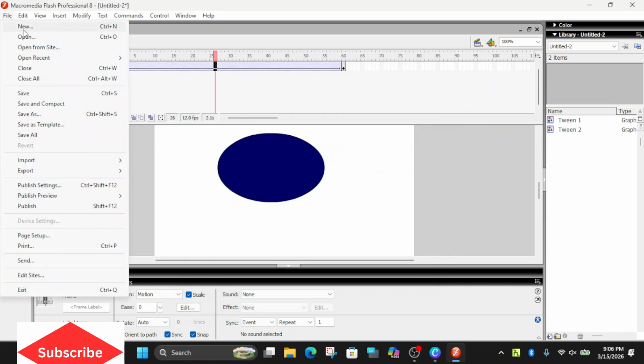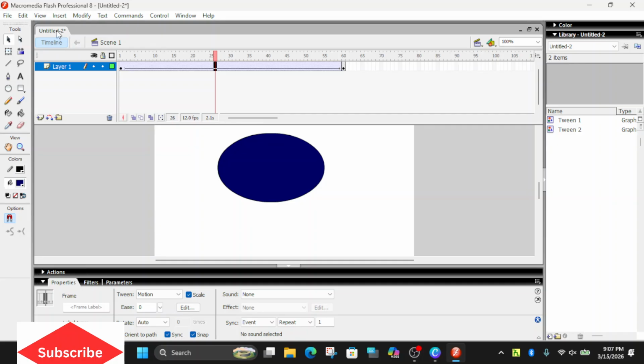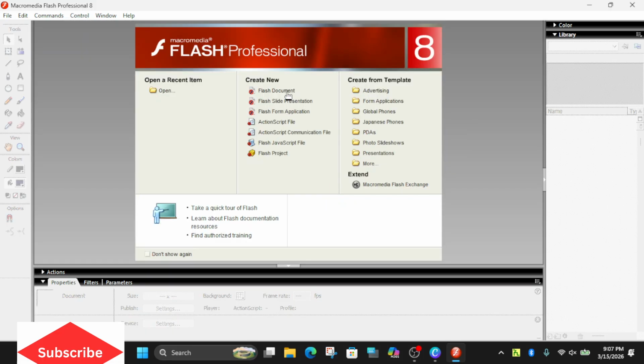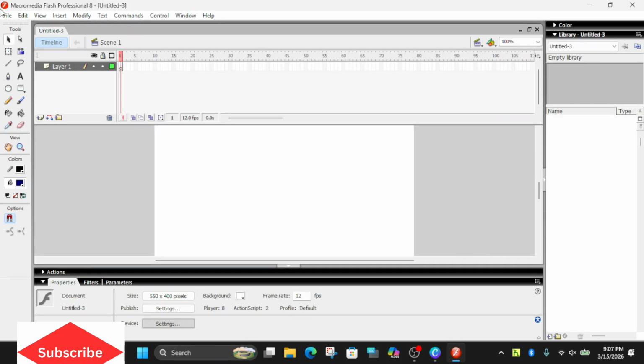We can insert from working areas into this software, or we can open an already created or stored image and insert it into this software, and we can create a motion file. Open, then we can choose the location where our picture is stored.